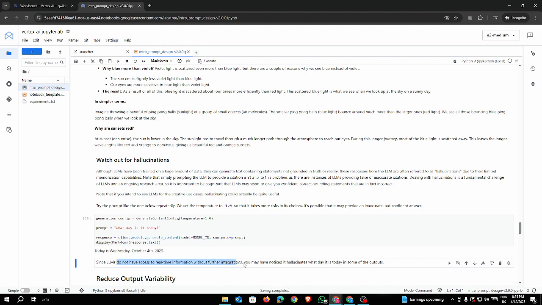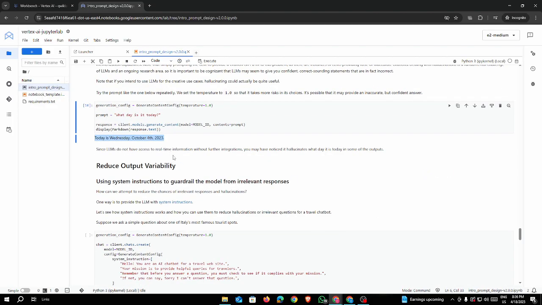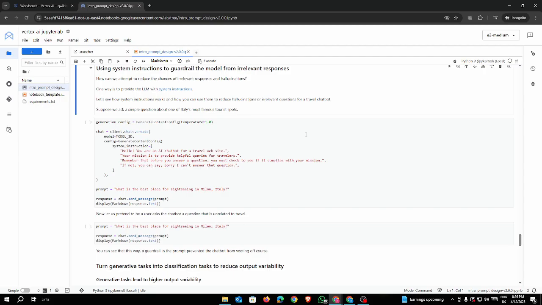So when you ask something like that to an LLM, it might give you incorrect answers, but the statement sounds so correct. It is so confident that today is Wednesday. It is sounding so confident even though it is 2 years behind. To reduce this output variability, what we can do is